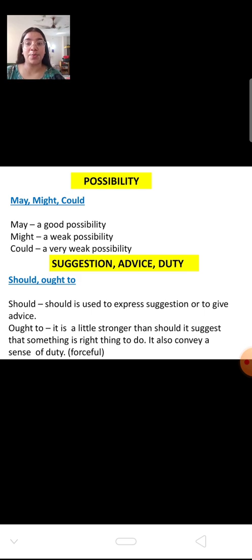This is how we advise. And when we suggest, suggestion and advice are almost the same, so you can say that "should" is used when someone is advising us that instead of doing this, you should do this. So "should" is used when someone is advising us. "Ought to" is used when someone is saying something forcefully. When someone is advising or suggesting something to us in a forceful manner, then "ought to" is used.